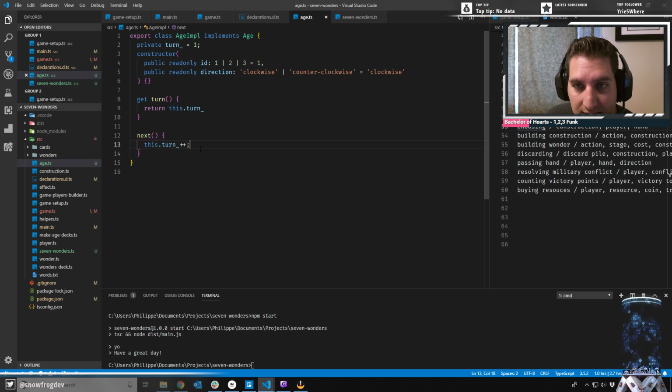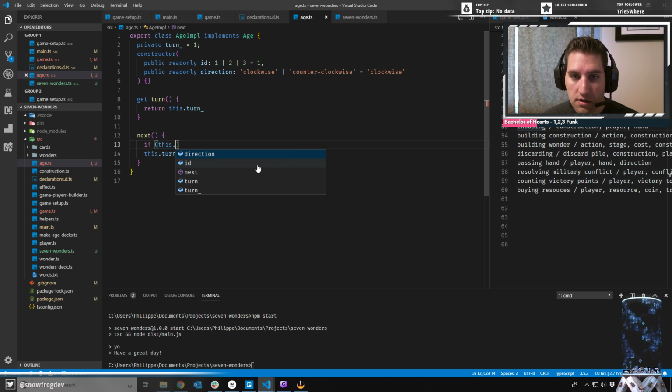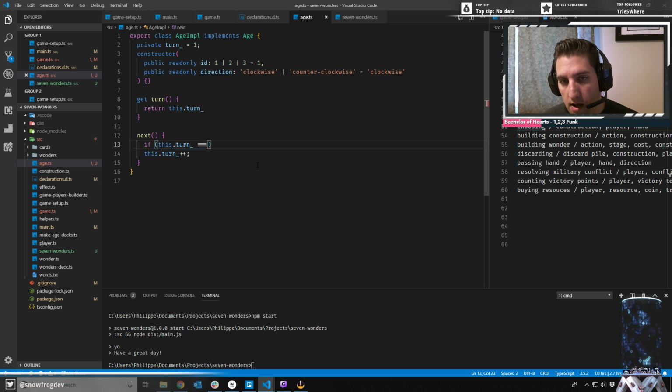Excellent. Okay. Now next, we'll increment the turn unless this dot turn is equal to what did we say? 7, right? Because we're starting at 1. There's technically 6 turns. So if 1, then we played a turn. Then we increment it, we end up 2. So it's at the beginning of the turn. So technically,